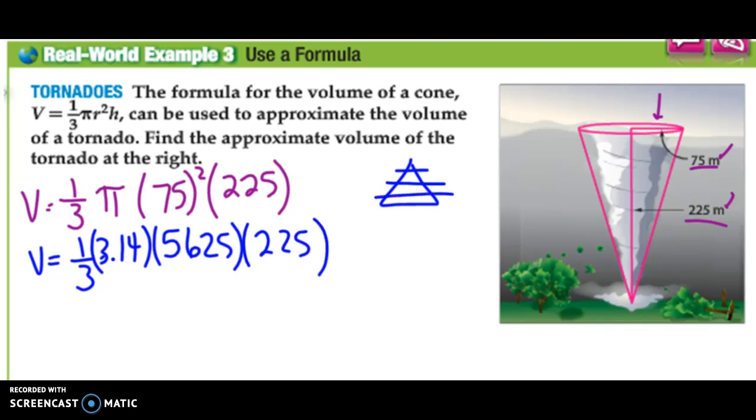Okay? Now the next step, multiplication division. Well, the nice thing is this is all multiplication from this point forward. So all I'm going to do is just put this all into my calculator. Now 1/3, to remind you in a calculator, in parentheses, do 1 divided by 3 is the same as 1/3. Then I do 3.14. Then I do 5,625. And then I do 225. Okay? I multiply all of those together. And my answer then is going to be approximately